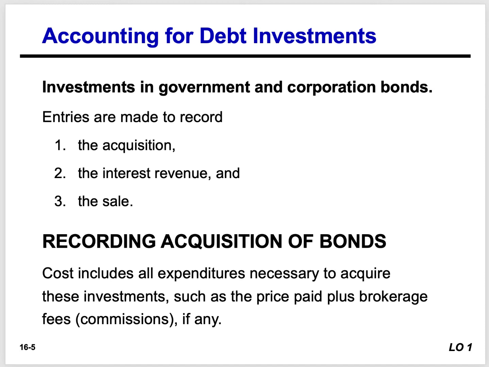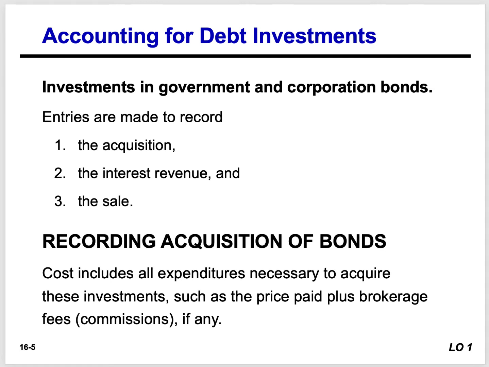So if you have to do any journal entry that says at acquisition, Corporation A bought X amount of bonds, what's the journal entry? We need to debit investments. We debit investments at the cost, and all expenditures necessary to acquire those investments are included in the cost. What does that mean? Well, that means that